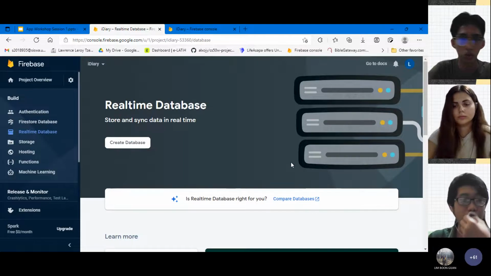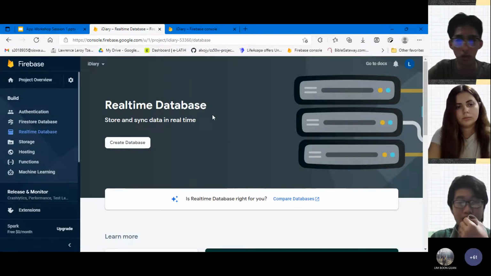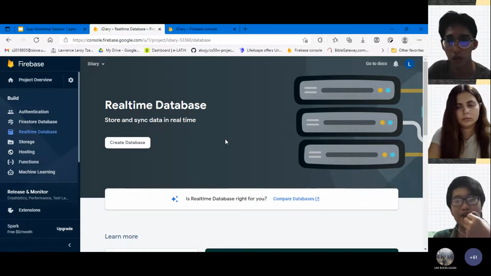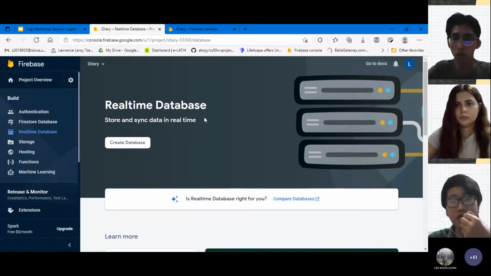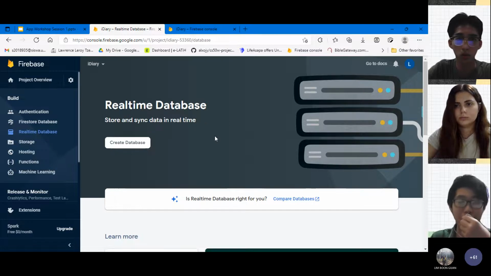Throughout this course, we will choose Realtime Database over Cloud Firestore because we don't really have a lot of data compared to all the apps in this whole world. So the simple summary is this: if your app has a lot of data, then Cloud Firestore is for you. And if you only need a little bit, but you want the low latency, then Realtime Database.